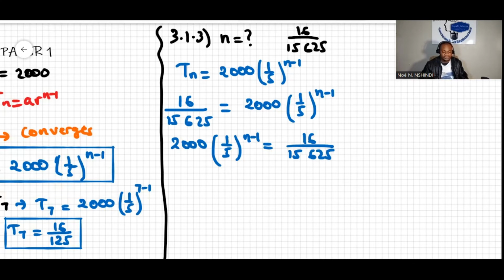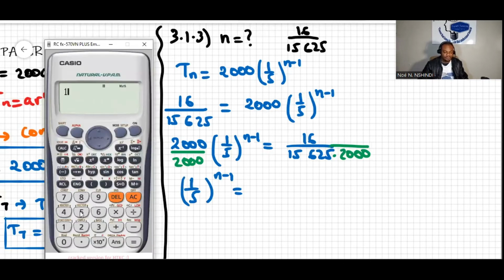Now we can get rid of the 2000. If I divide both sides by 2000, dividing by 2000 means that I can divide the denominator by 2000. So I will be left with 1 over 5 to the n minus 1 equal to